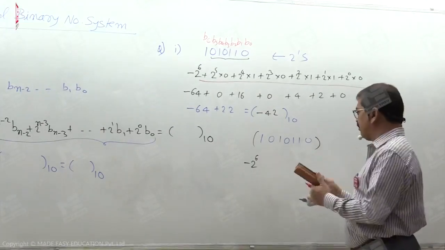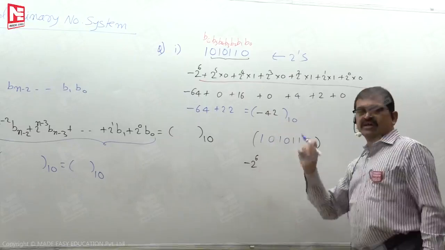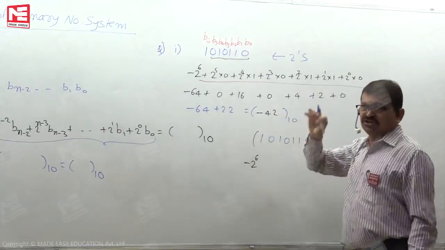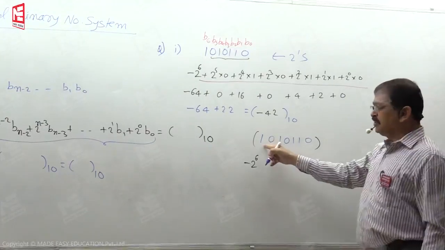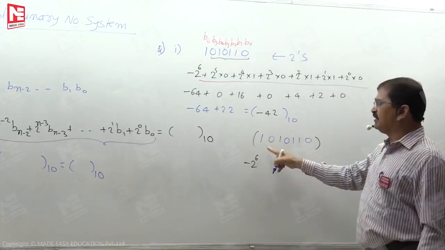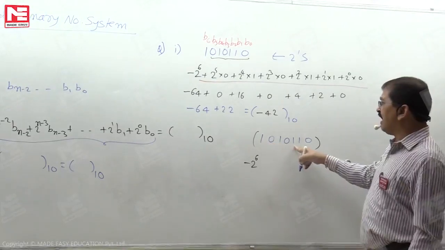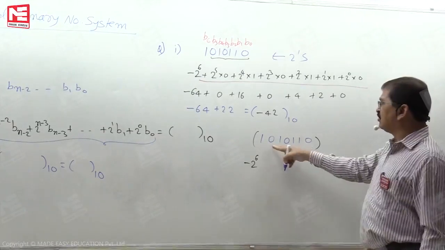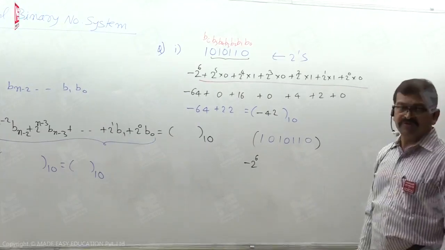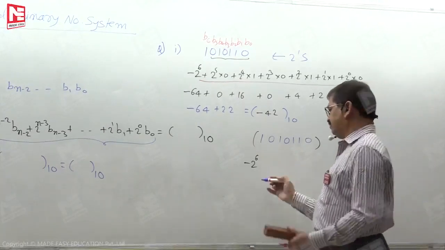Again, I am repeating this. When you quickly want to look, while avoiding all this, you can see here the MSB bit is 1. For identifying n minus 1, just count how many bits we have to the right side of the MSB. Just by scanning, we can say that is 6. So that is minus 2 to the power of 6 plus